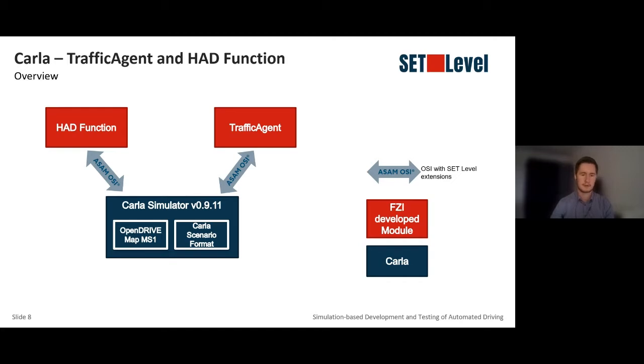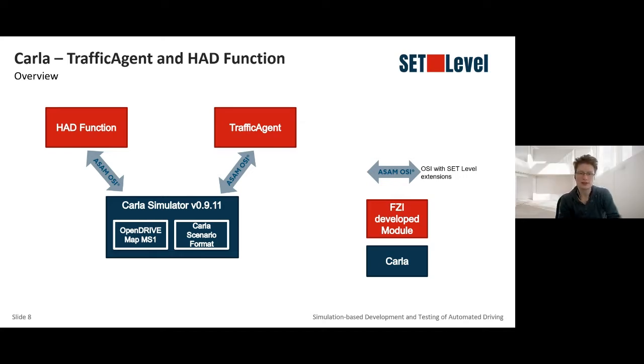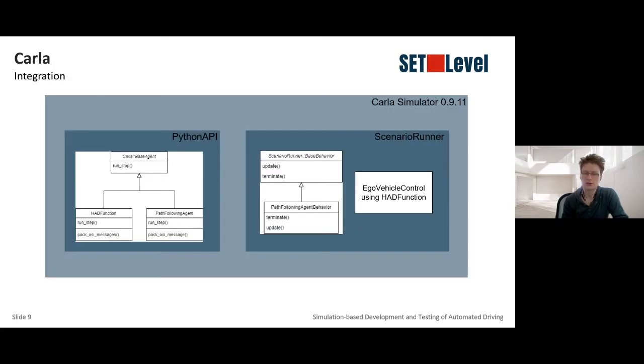Barbara, who talks about the integration in CARLA. Thanks. For our proof of concept, we integrated both the HAD function and the traffic agent into the latest CARLA release. We used OpenDRIVE map from milestone 1, which is a basic intersection, and we used CARLA scenario runner for defining our scenario, what the agents have to do, which is based on behavior trees. For the integration, we used the CARLA base agent, which is already used by CARLA agents, and both the HAD function and the traffic agent, which is here called path following agent internally,